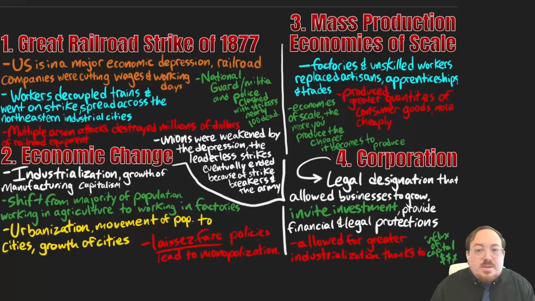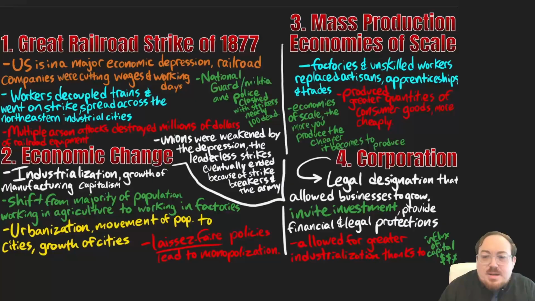Now, even though this did take place in multiple cities, it was not a unified thing. They did not have any sort of leadership. They were not part of a national union. They were only part of more smaller local unions. And so there was no real leadership. And when the police and National Guard came in along with strike breakers, they were able to break up this strike, and there will be fighting, sporadic fighting. There will even be some arson where millions of dollars of railroad equipment will be destroyed. And ultimately, the strike will end